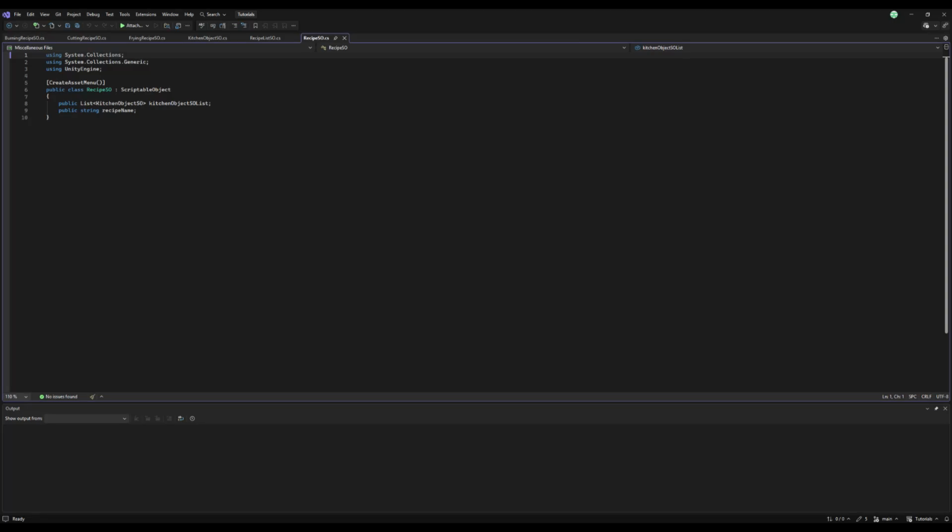This recipe SO class represents a complete recipe that includes required ingredients and its display name. It's used for delivery validation and UI display. In the class, we have a list of kitchen object scriptable objects and the string recipe name. This recipe list SO class is basically a scriptable object class, like a container that holds a list of possible recipes, and it's used by the delivery manager class to